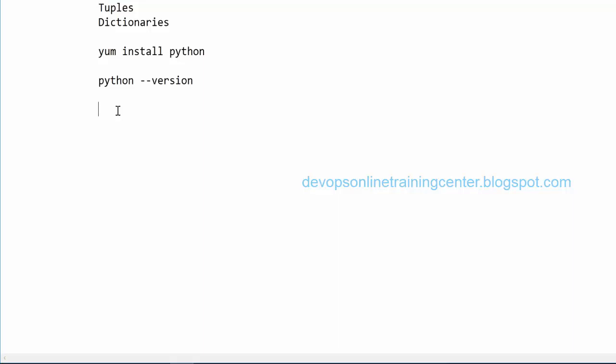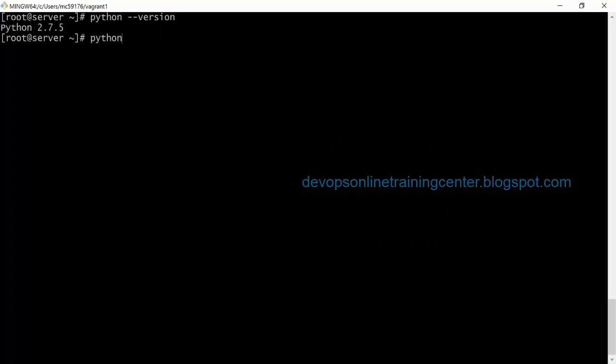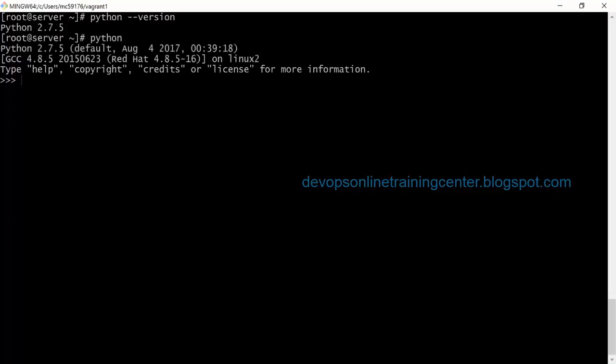Right? Okay. So when I say Python is interactive, if I just type python, we go to the Python prompt. Here I can declare the variables. Here I can write the entire program. This is just for testing. If something is going wrong, we can come here and execute it and check whether it's working fine or not.